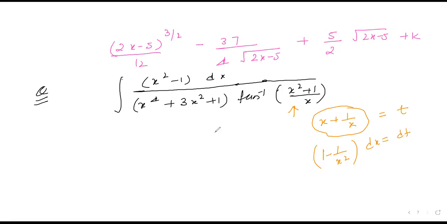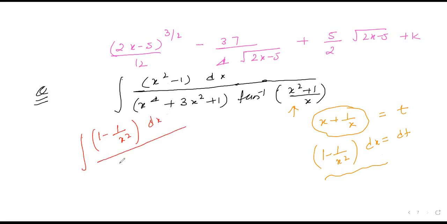So basically, we have to convert our numerator into this format. For that, you have to divide numerator and denominator by x square. After dividing, you will get (1 minus 1 divided by x square) dx